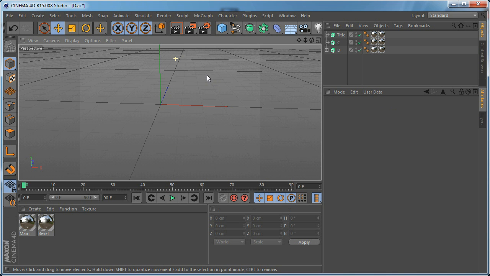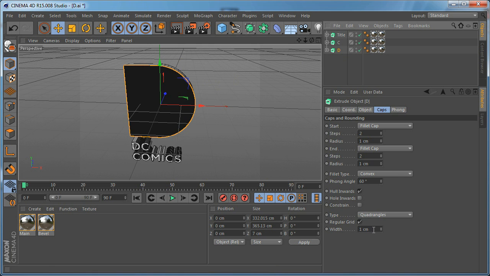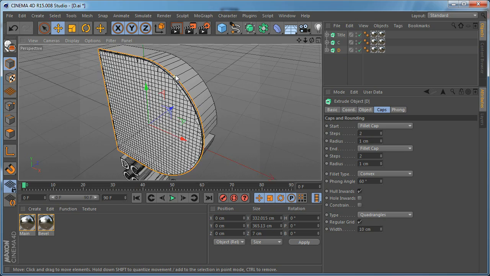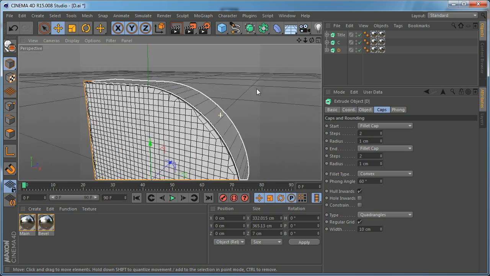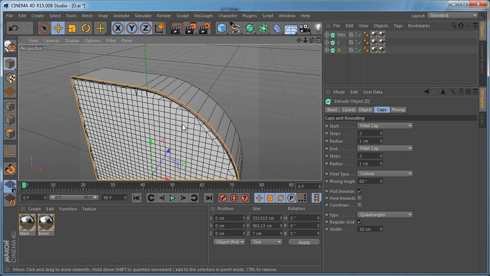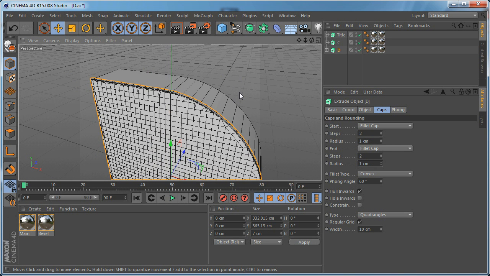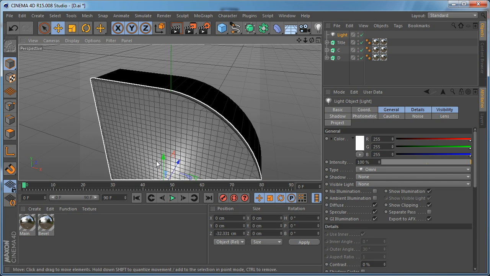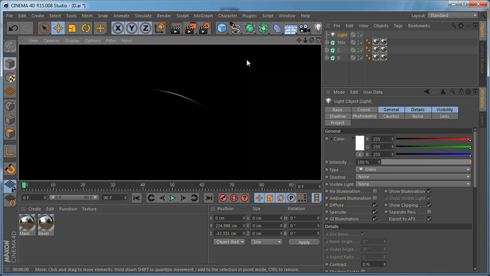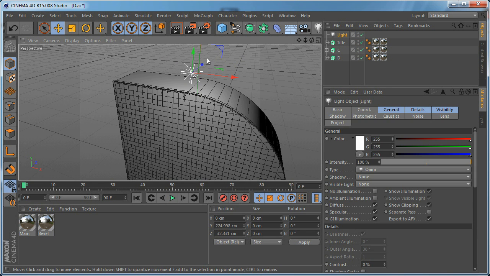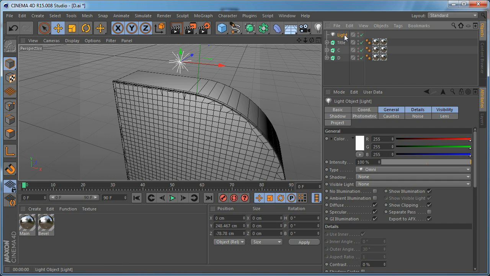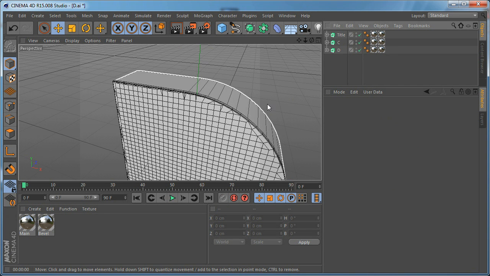Let's zoom, and maybe we need to decrease this just so we can freely move in our viewport before we start rendering the object, because the mesh is really dense and this slows us down. Let's create a new white just to see if it works as expected, and you can see the result. We have some really nice specular highlights on the bevels. So let's delete this one and let's go to the modifiers